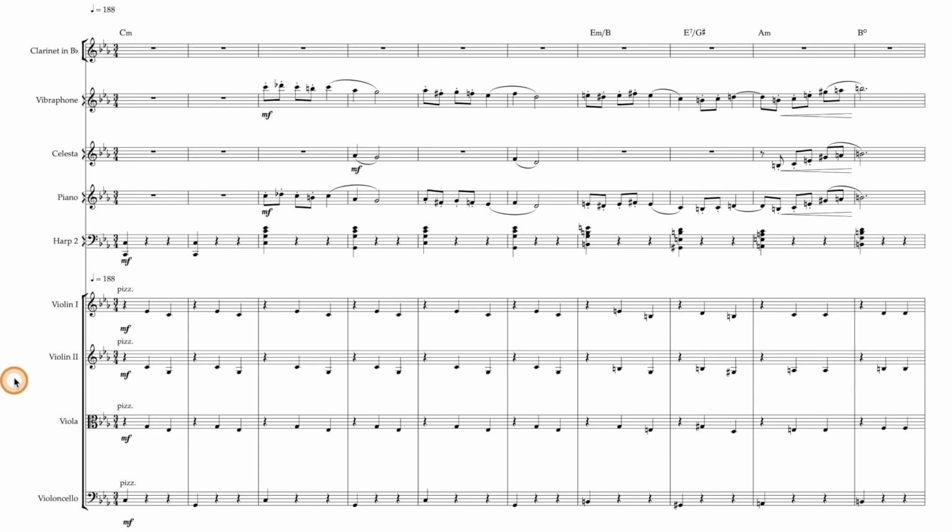The initial harmony is in the string sections, played pizzicato. This means to pluck the strings with your fingers instead of bowing them. It's a very different sound. The cello takes the bass note, and the violas, violins 2 and violins 1, play that upper structure of the